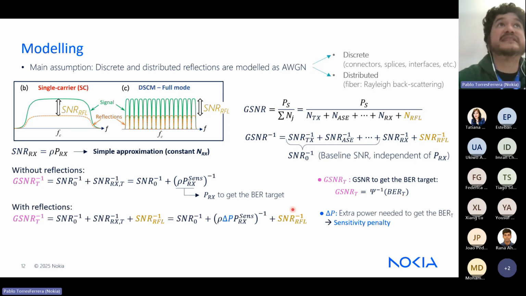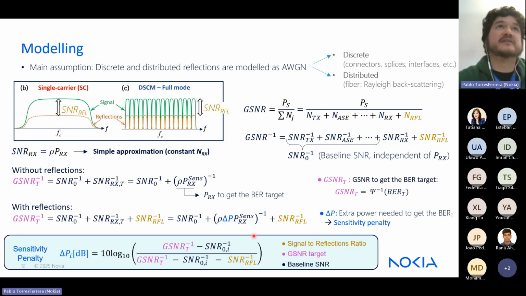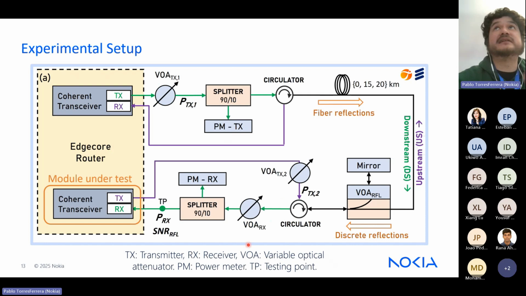Then when we introduce the reflections here, in order to get the same target performance, we have to introduce an extra power here that we call the sensitivity penalty. Just doing some algebra, we can arrive at a sensitivity penalty model that takes into account the reflections and the sensitivity power, let's say. We tested it in this experimental testbed that we performed together with Ericsson at the labs